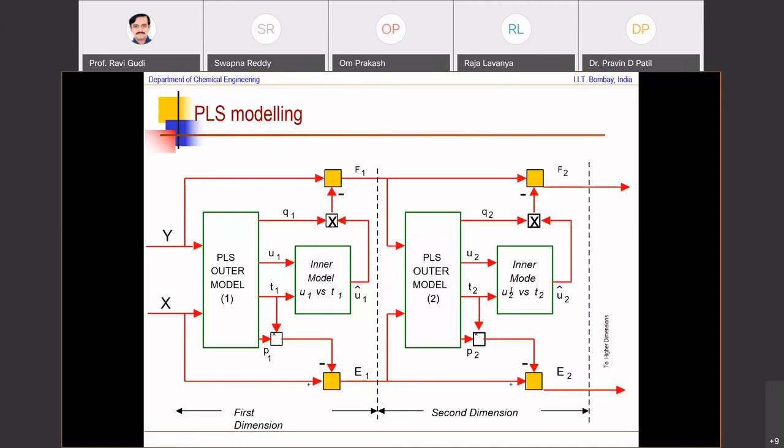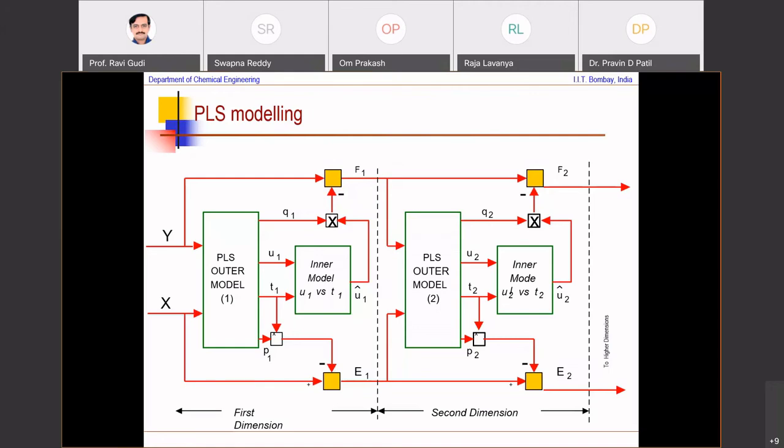Okay, so I introduced PLS to you before I introduced the removal of the noise. But again here, the projection to latent structures is still not a very complete algorithm in that sense. It is critically dependent on the assumption that Y is linearly dependent on X. It also does not handle noise as effectively.